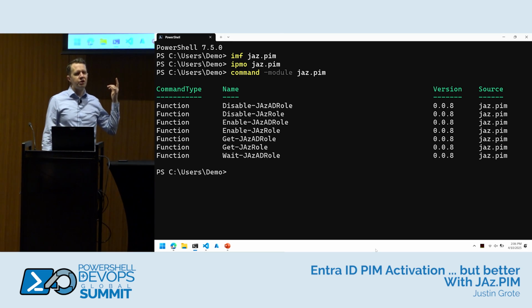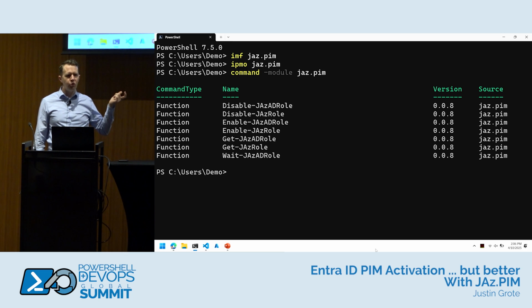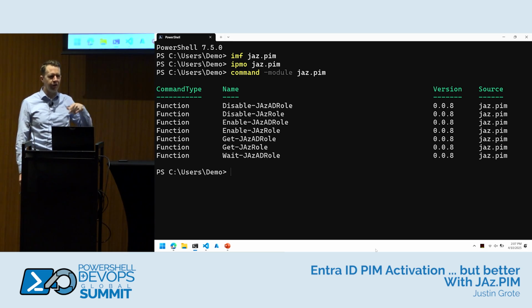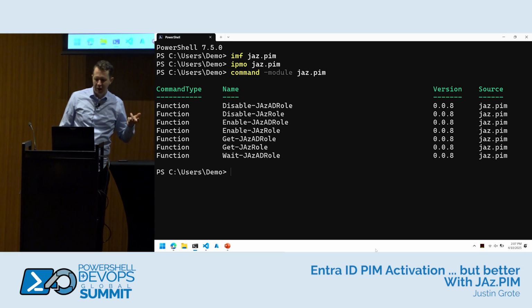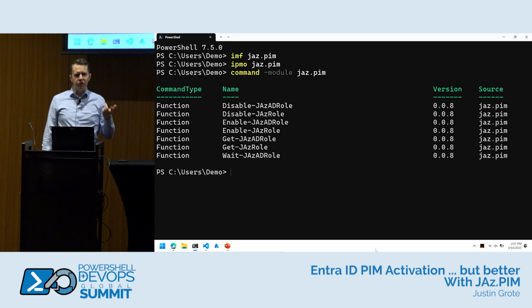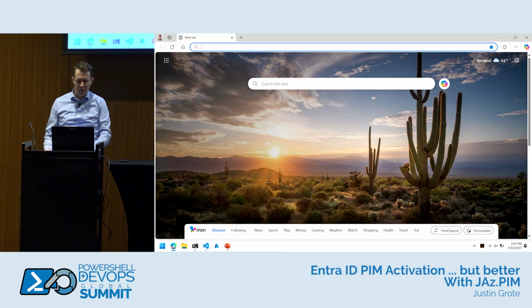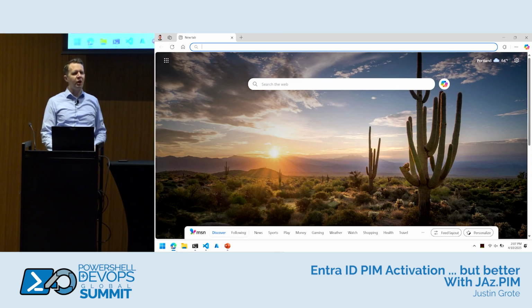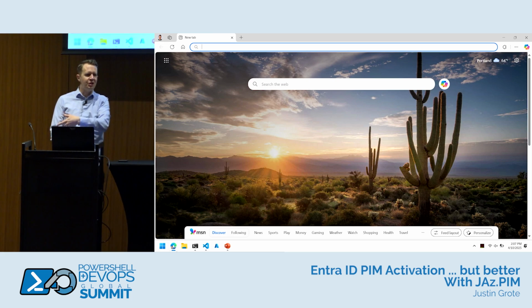I do have a version of this that will also allow you to PIM groups. That API didn't exist the first time I did this, but I haven't gotten it to the point that it's releasable. But effectively, you have this way to deploy these roles. And as you probably saw in that previous command, there's all kinds of terminology that basically doesn't exist in what you see in the GUI for PIM. I think it just comes down to, this is what happens when you have engineers write a spec versus the front end guys seeing it. They saw it and they're like, there's no way we can do this kind of stuff. And so they make